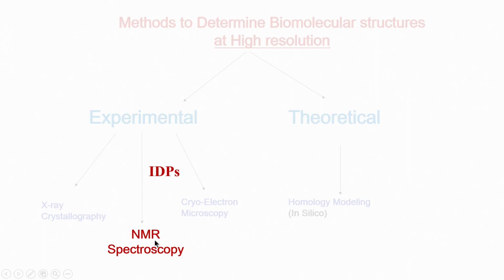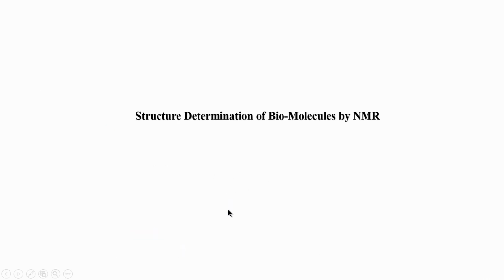So, this is where NMR stands out as a unique technique, because there is no structure, we look at the IDPs, how they interact with their partners, how they interact with their ligand and so on. In fact, many of the drugs nowadays are targeting IDPs. So, it is important to know from NMR how we look at the interaction of an IDP with a ligand, and that can only be done with NMR, because IDPs inherently lack a specific 3-dimensional structure.